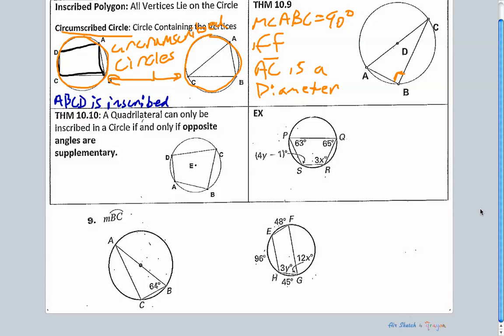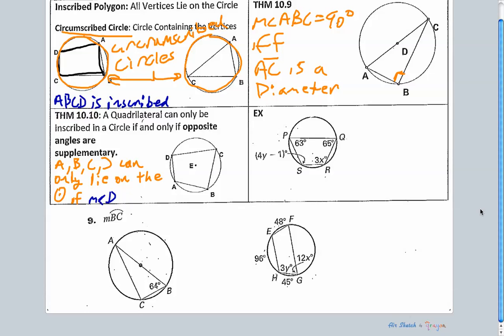So this says this: ABCD can lie on the circle, the symbol for circle, if the following. Okay? If the measure of angle